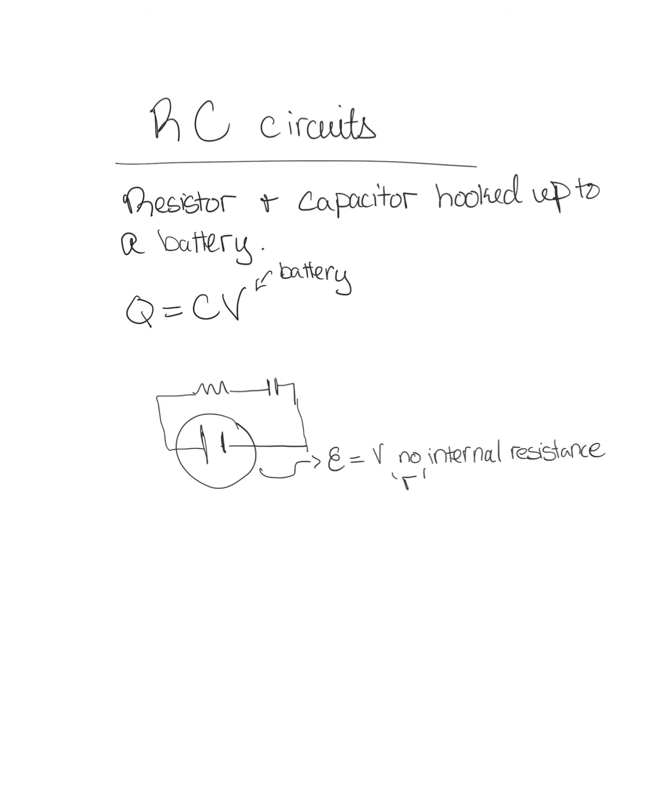Okay. Now, at first, when the capacitor is charging, let's do a little axis right here. It charges fast, but as a certain point is reached, the charging slows down. So we'll have the charge right here and then time on our x-axis, and it charges really, really fast until it gets to a certain point, and then it levels off. So it has this sort of max charge, this asymptote, if you will, right here